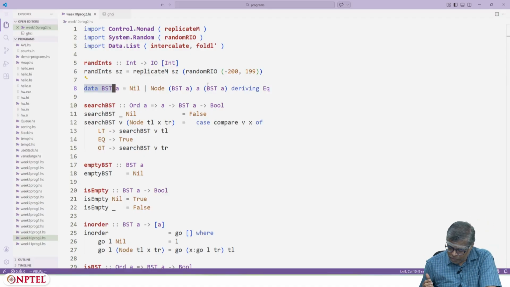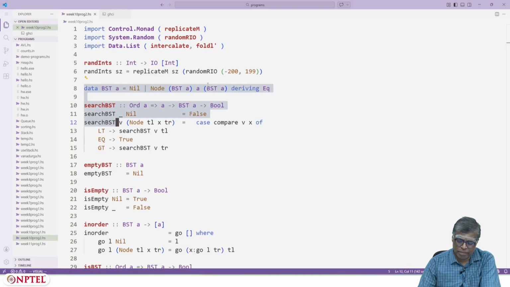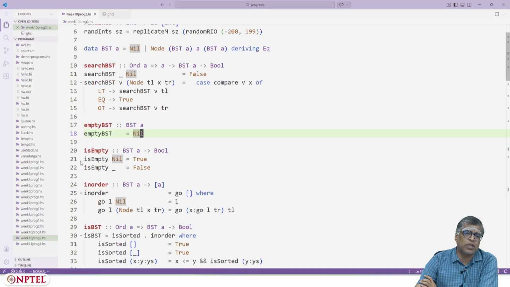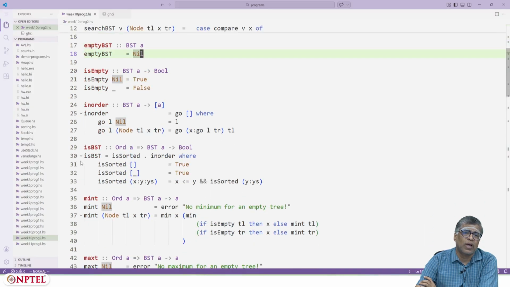Now empty BST is just nil. Yeah, empty BST is just defined to be nil. Is empty is just doing the same thing. Is empty nil is true, is empty anything else is false. In order is go of empty, where go of L nil is L, go L of node TL x TR is go of x colon go L TR TL.